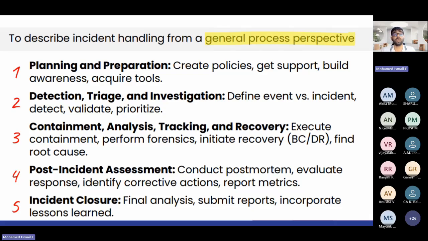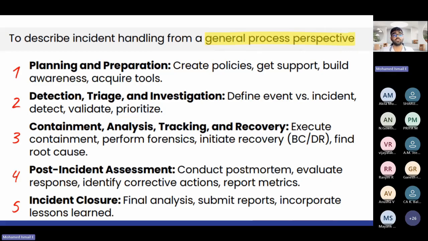Then corrective action. This is how the hacker entered into the system, so we need to shut the door, or disable the port in the firewall, or harden the OS, or apply the patch. Some sort of course correction must be done after an incident.